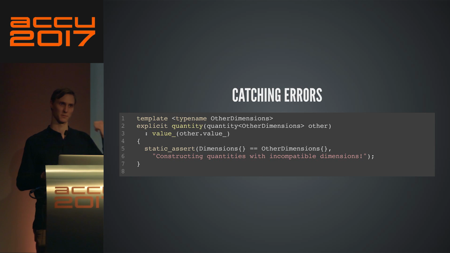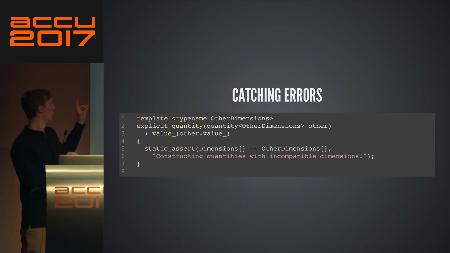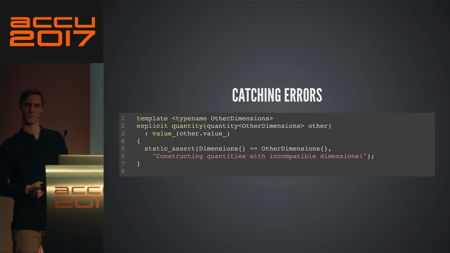This is the part that pays off a lot. It's really tiny, it's really stupid, but this pays off. Because now, if we try to initialize a quantity from a quantity that does not match, we can catch it at compile time, because we know the dimensions of the other quantity in the type of that other quantity. We know our dimension in our template parameter, and so we can check that these two match. And we can do that at compile time, because everything's in the type of the object that is being assigned to and that is being assigned from. So we can static assert that the dimensions match.